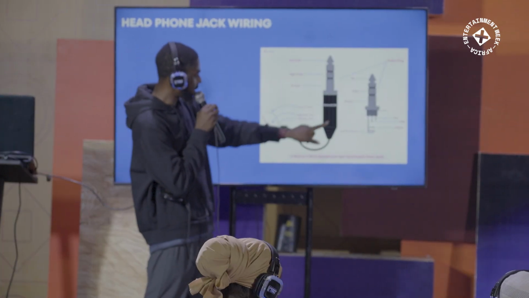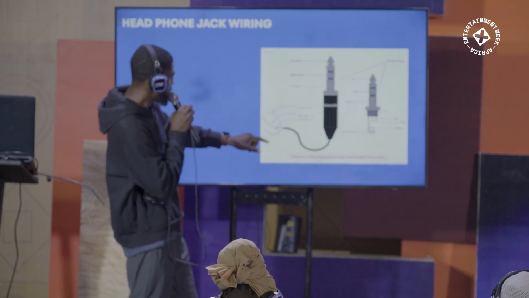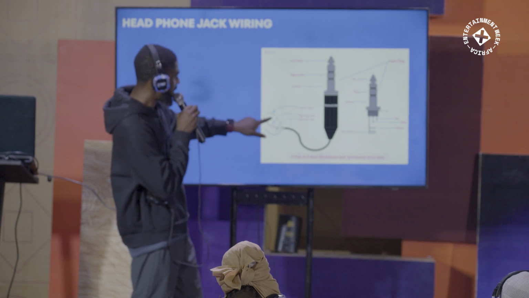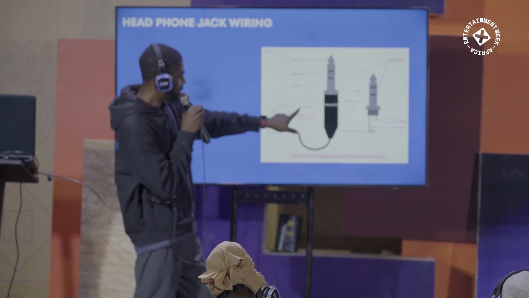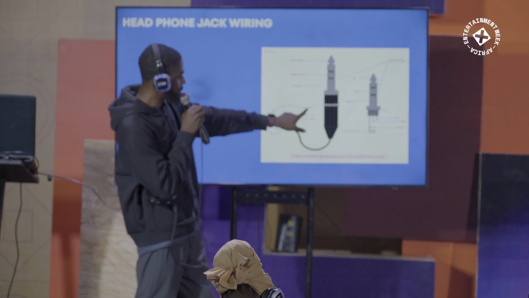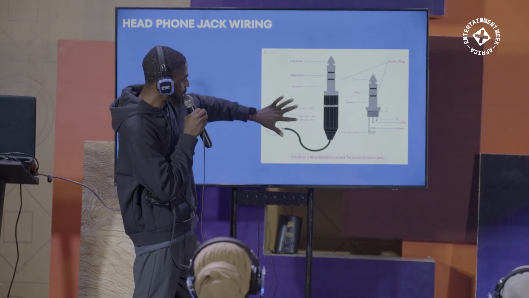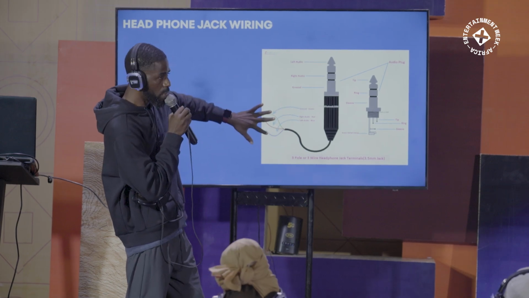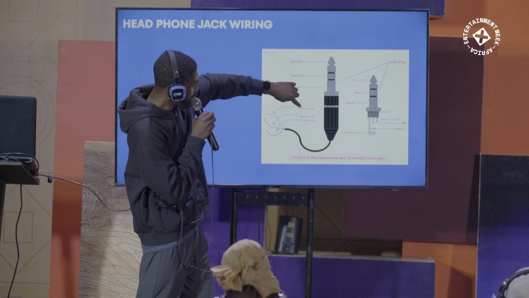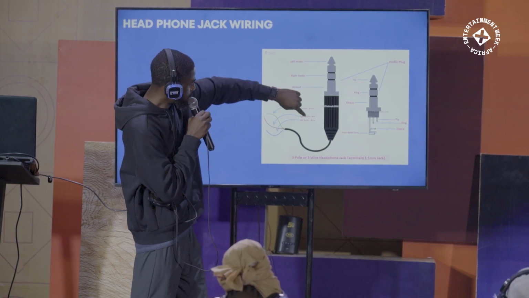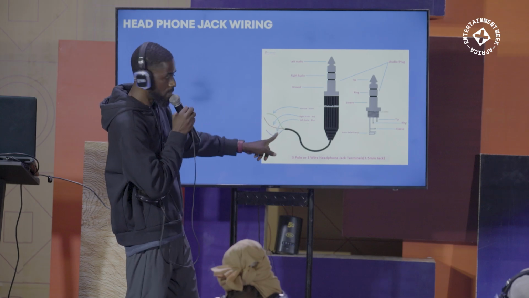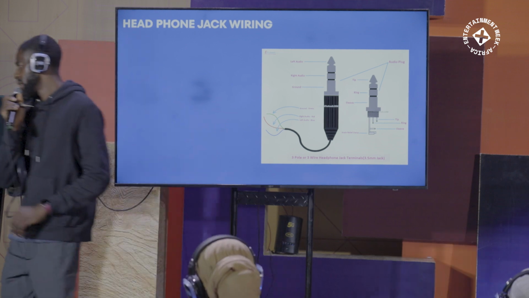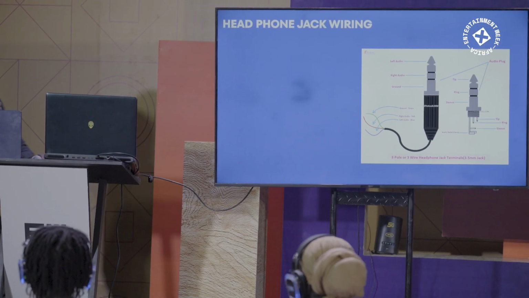So when you're soldering your jack, as you can see on the diagram, this green goes to your left, the red goes to your right, and the blue goes to your ground. Or the green goes to your ground. The way you solder it here is the same way you solder the other end. You have to observe the color coding. Like I said, your green goes to your ground, your red goes to your right, and your blue goes to your left. All right. So let's move on.